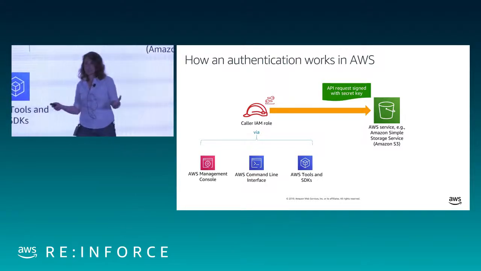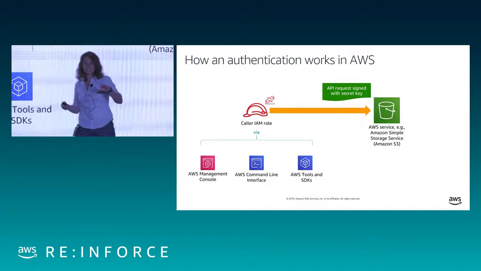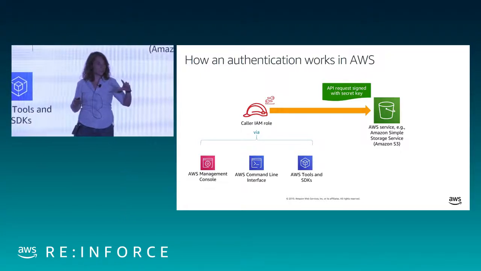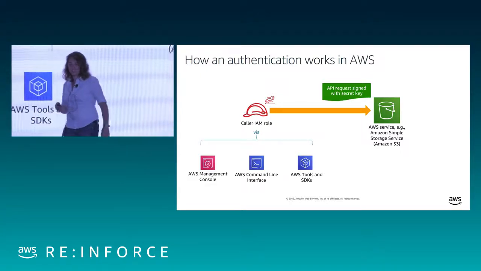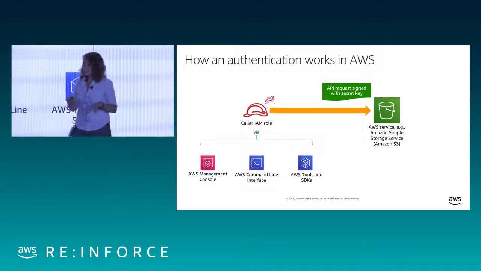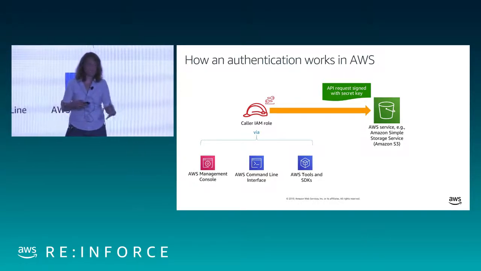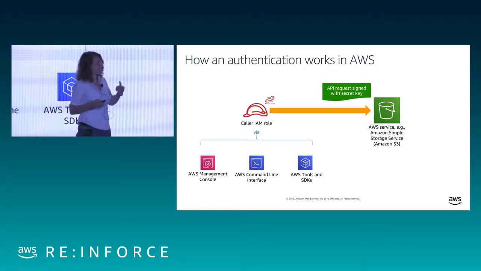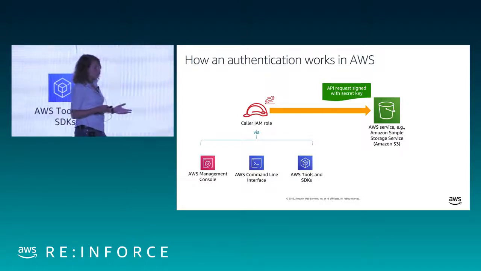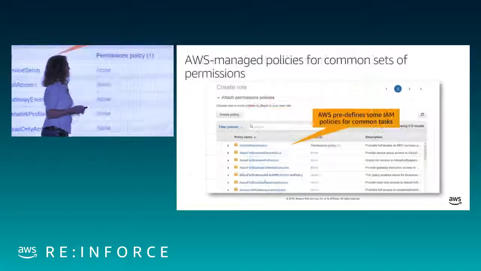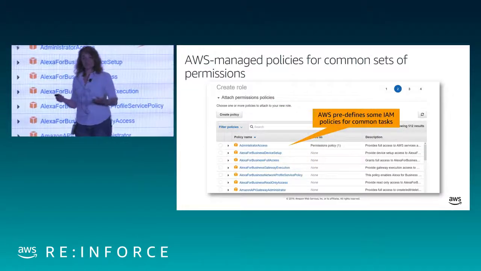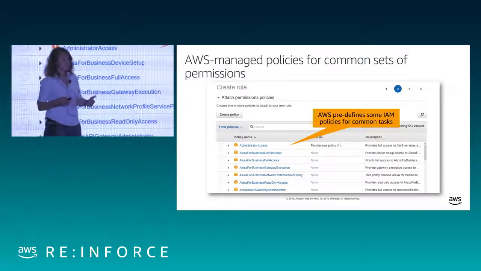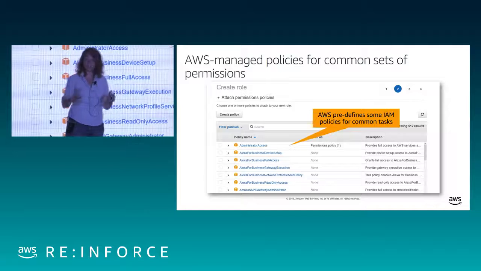Actually, if you're curious about this, what I would do is just look at the actual HTTPS request that gets sent to an AWS service when you make the API call. If you're curious how that looks, you'll sort of figure it out. But who you are is only half the story, right? The other half of it is authorization. Now that we know who you are, and that it's actually you making this API call to, say, S3, what are you allowed to do? And that's where policies come in. In order to be allowed to do something, to make any kind of request in AWS, you have to have a policy that gives you permission to do so.